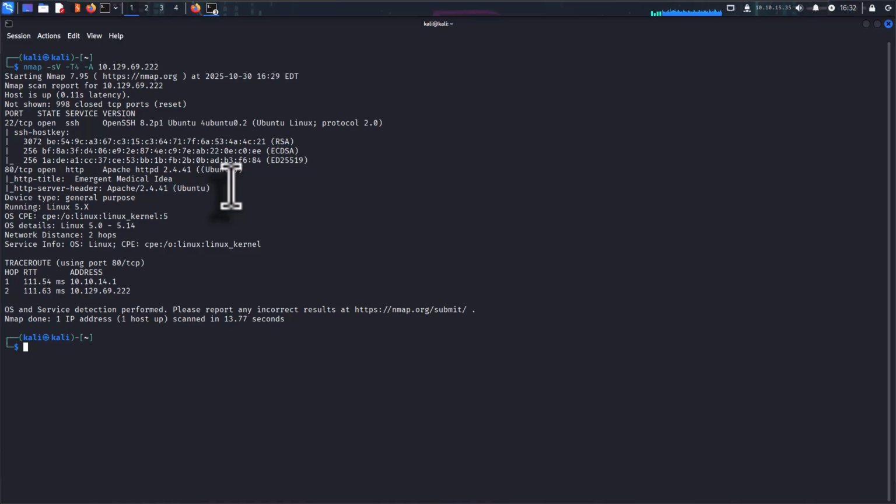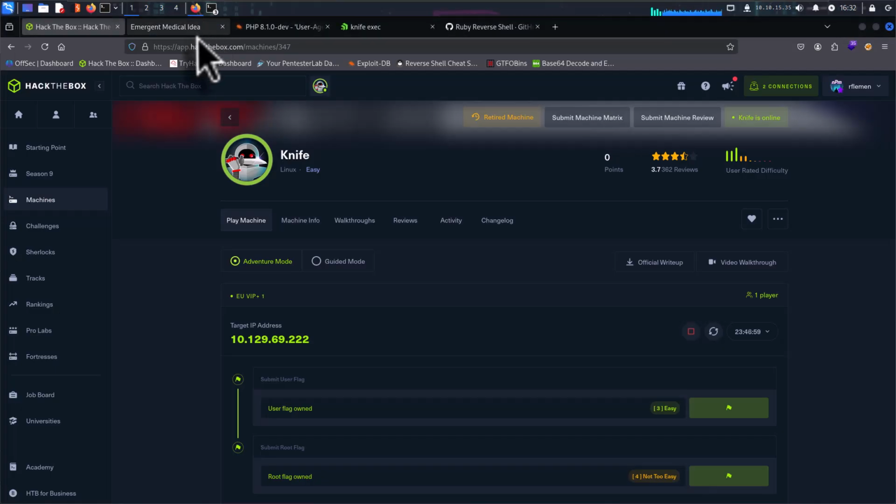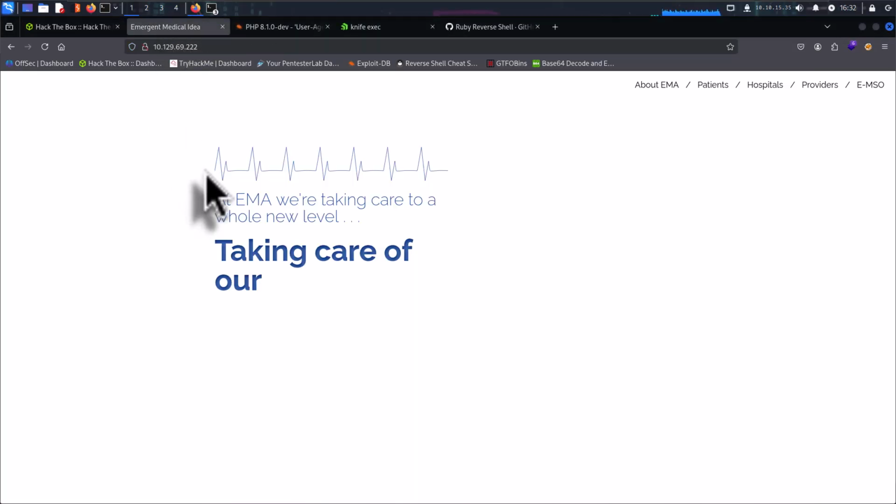Didn't really have much choice here. So the first thing that we did was go to the website. Now, I did all my normal enumeration. I even did some Gobuster. There wasn't too much. Where I started to make a little bit of progress is when I used Wappalyzer, which